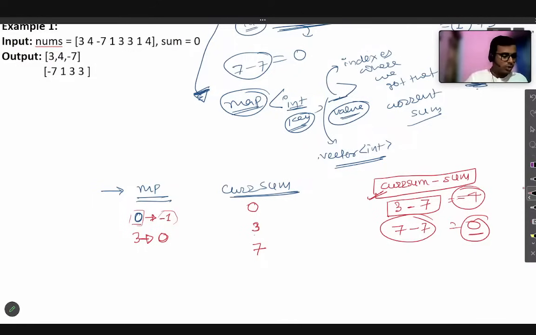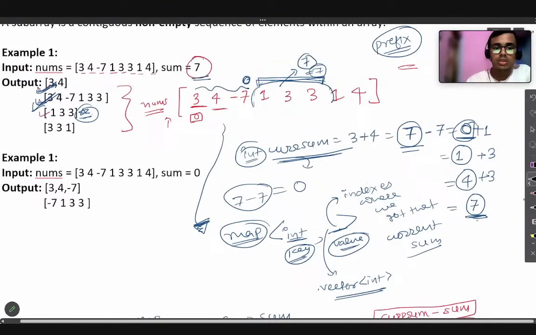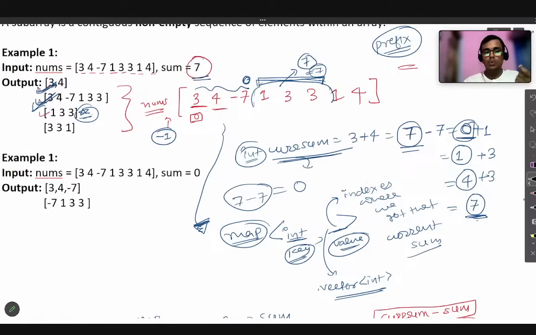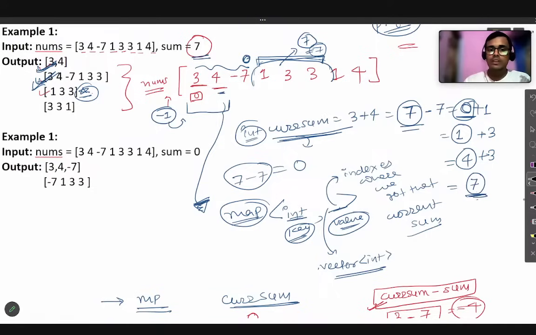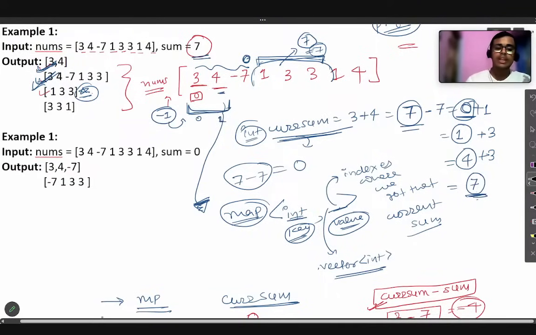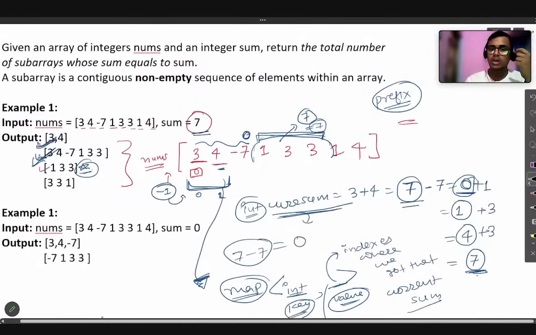So when you start with it, you can see minus 1 would be this. We are going to start with index equal to minus 1 plus 1, till the index we are on. So we are on this index. We just want to get the subarray in between these indices. So here you can see 0 and 1, because currently we are at index 1.